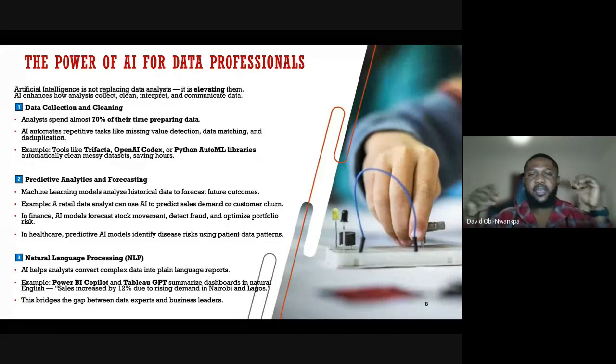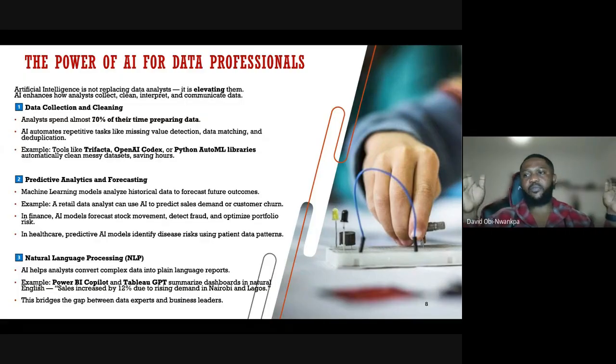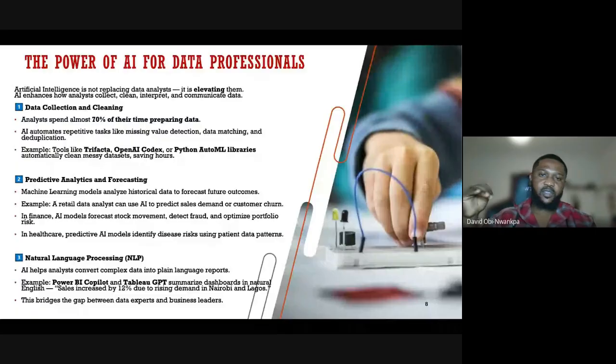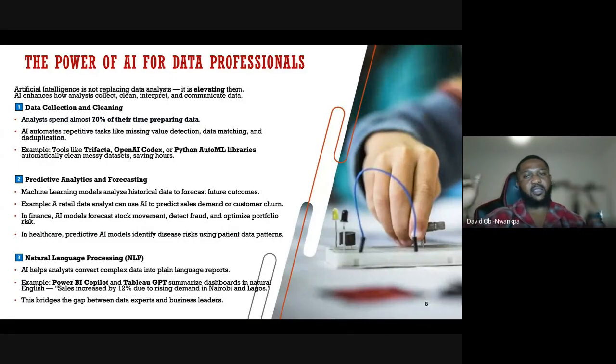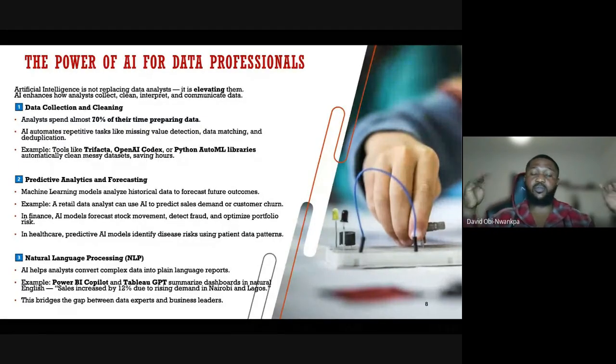So I started by giving key points on every aspect of what a data professional does, and how artificial intelligence helps them, because this is like a question and answer segment, since I knew a lot of people would want to ask questions in this regard. How does artificial intelligence relate to me as a data analyst? I need to know how to go about it. So this is it now.